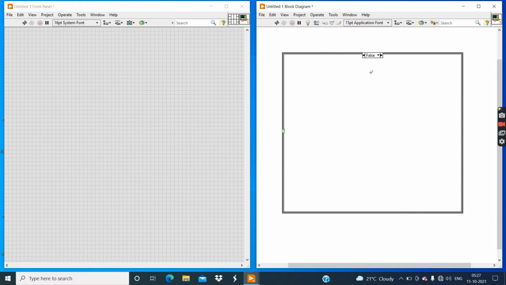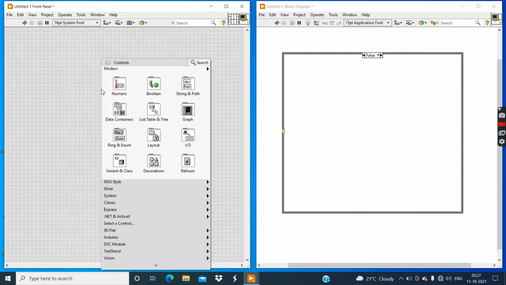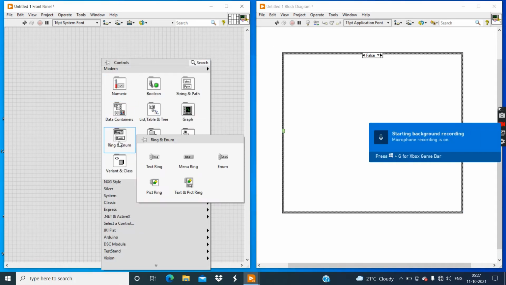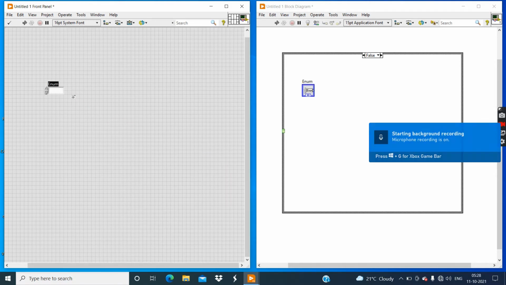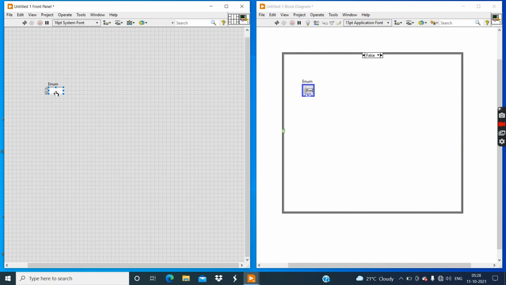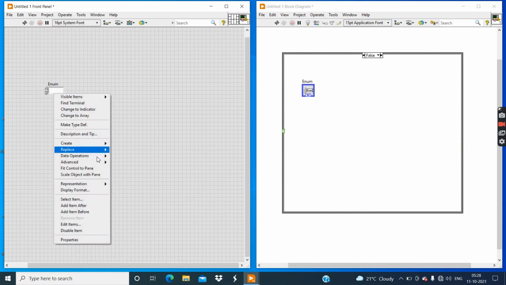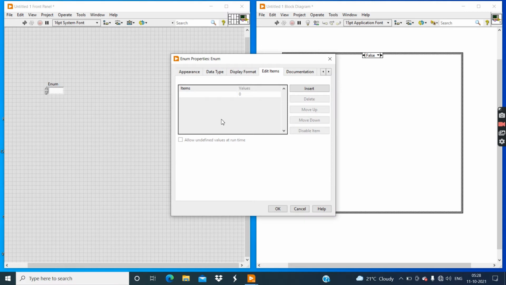And for that, go to the front panel window, right click, go to the ring and enum palette and click on this enum. Then right click on this enum, go to edit items. Yeah, this is edit items. Now insert. Right now guys, I want to take an example of arithmetic tools.